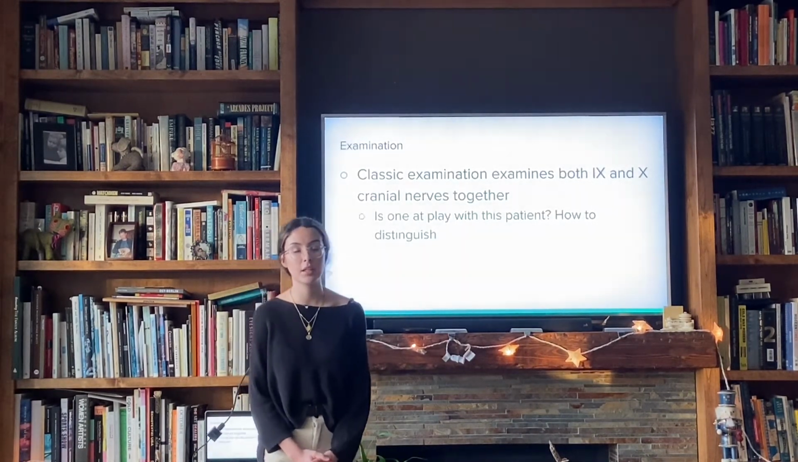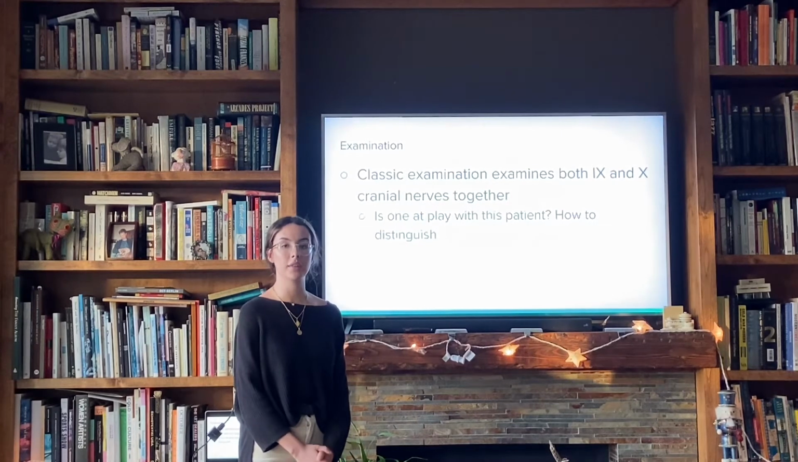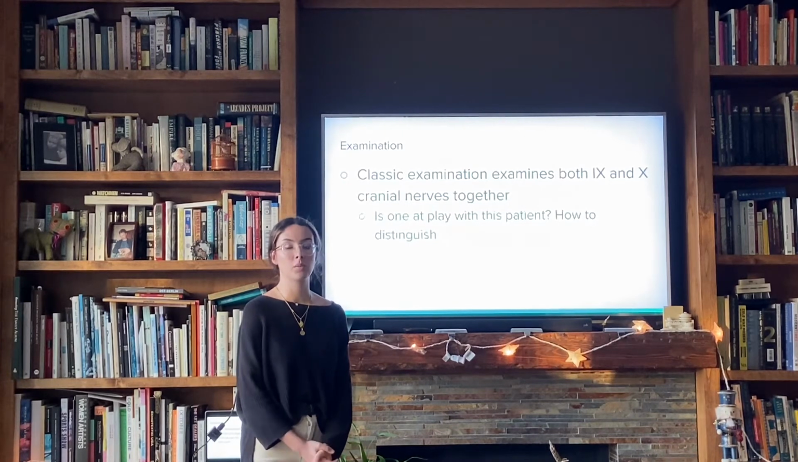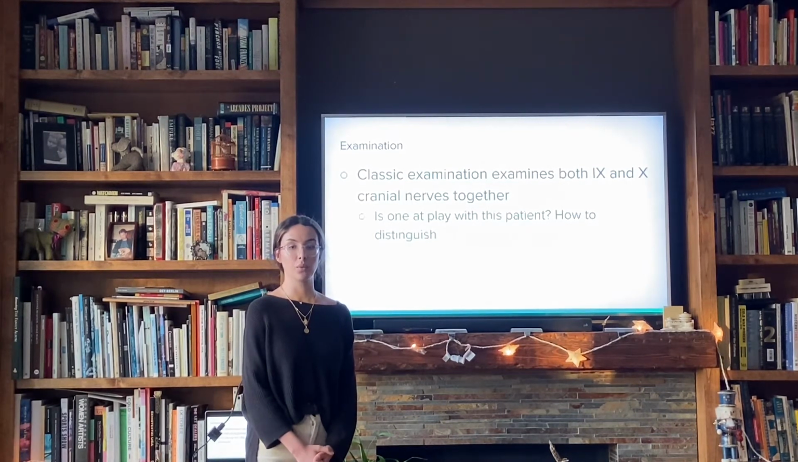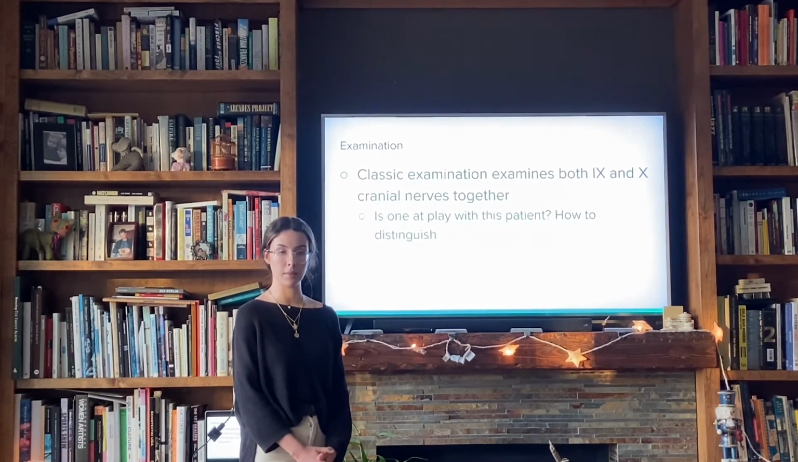In a classic examination of the cranial nerves, both cranial nerve 9 and 10 are examined together. With this patient, we believed that one or both were at play, but it was difficult to differentiate which one was causing which symptom presentation. For this, you might have seen in my examination that I measured blood pressure and heart rate. The blood pressure and heart rate was irregular in this patient,